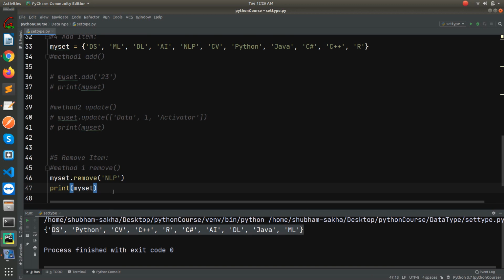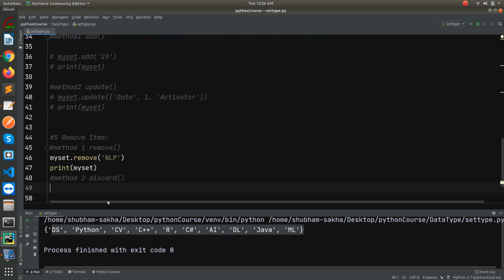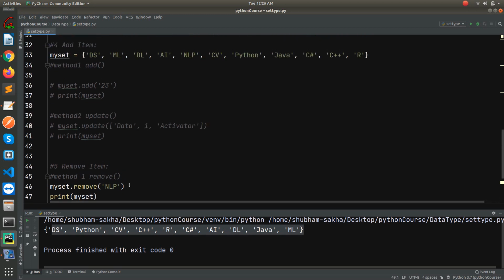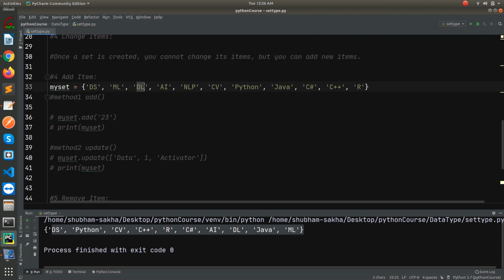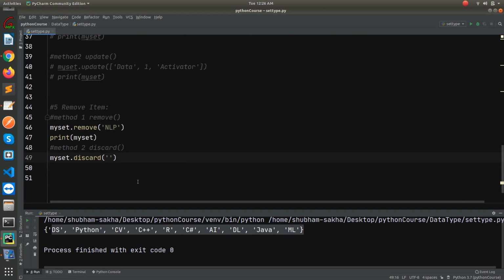Similarly, the second method for removing an element is method 2, that is using discard. Okay, let's now remove deep learning from my set. So I will call my set dot discard, and here I will pass deep learning, DL.